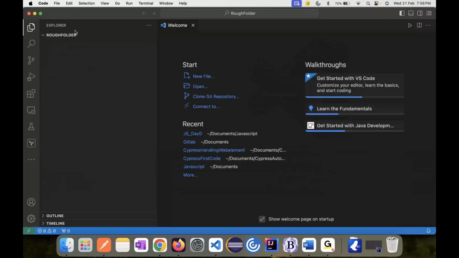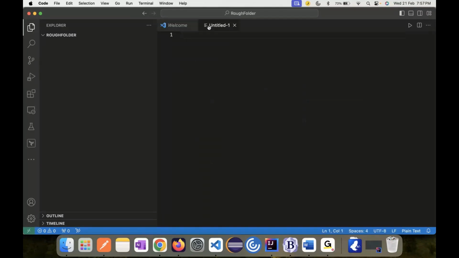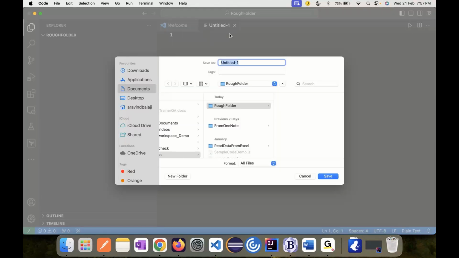That's it. So how to create a file? Either you can create a new file over here or just click it over here, and your new file will be available. Do a Control S and save it. While saving it, let's name it test file.js. Any name you can give,